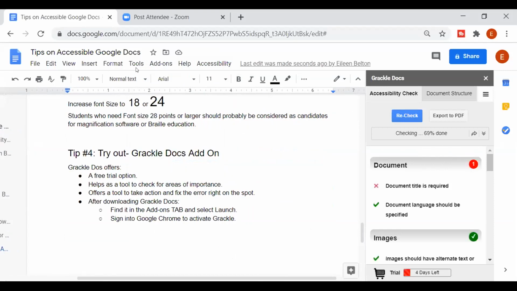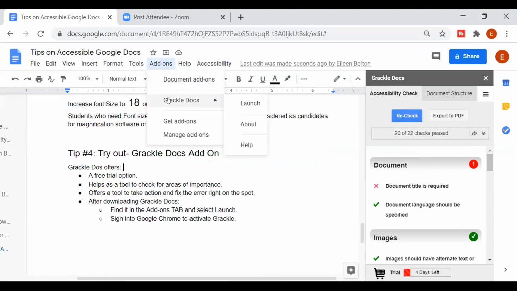How you would launch it is you would go through the add-on tab, and when you download it, it's going to be stored here, and you hit launch. Today I've already signed in once, but if you haven't, above the recheck box you'll get a sign-in option to click on. You have to do that in order for it to connect to your account. Once you do that, it's good for the day if you go in and out of Google Docs. So this is Grackle Docs, and it has a 22-point inspection process for accessibility,